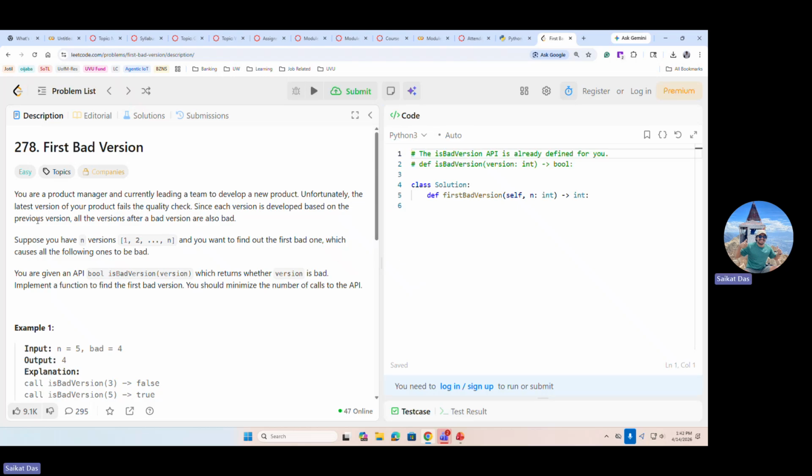So here's the problem: first bad version. Whenever you are developing software, if one version is bad, the next versions onward are always bad, right? You are a product manager currently leading a team to develop a new product. Unfortunately, the latest version of your product fails the quality check. Since each version is developed based on the previous version, all the versions after a bad version are also bad,